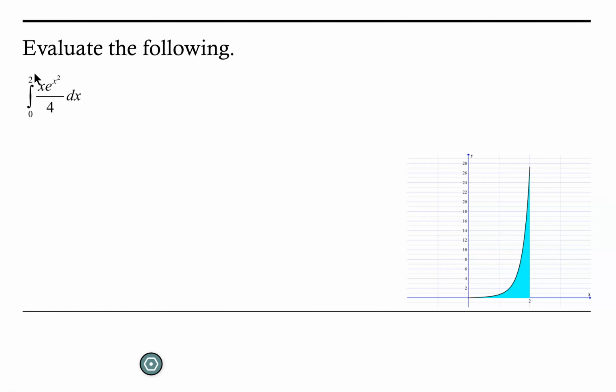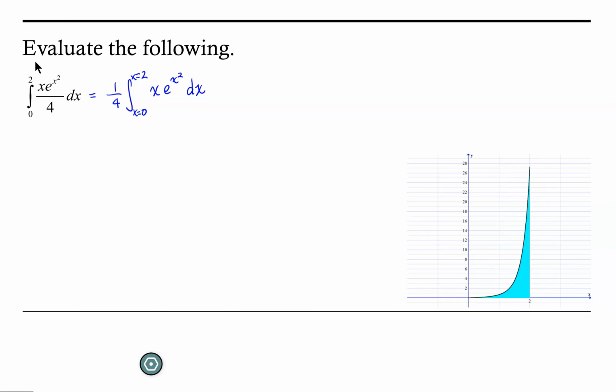Now, as we start thinking about evaluating this, one of the first things I find helpful is to factor out any constants. And this particular function I could imagine as being multiplied by 1/4. So what I mean is that I'm going to think of this as 1/4 times the integral from x equals 0 to x equals 2 of x times e to the x squared